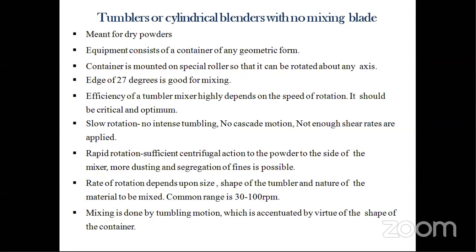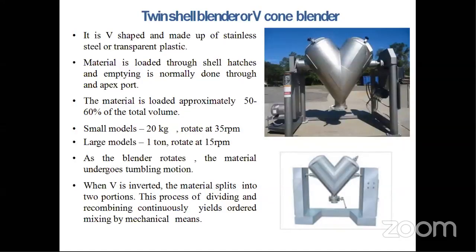for the mixing process. It is 30 to 100 RPM. This is the mixing RPM. Mixing is done by tumbling motions, which is accentuated by the shape of the containers. So depending on the shape of the container, you have to maintain the mixing process by tumbling actions. Now, the first example of free flowing powder mixing process, the V-cone blender